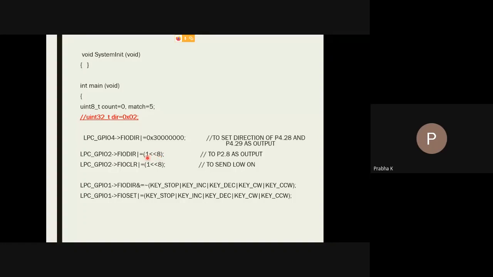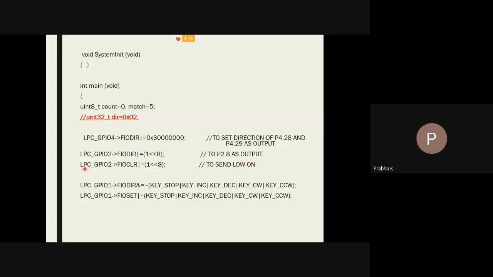If you send the value 1 with a direction command, then this pin, port 2 pin 8, will be configured as an output pin. Please note, the command is the one which makes the pin act. We are using the direction command, so we are making this pin an output pin.